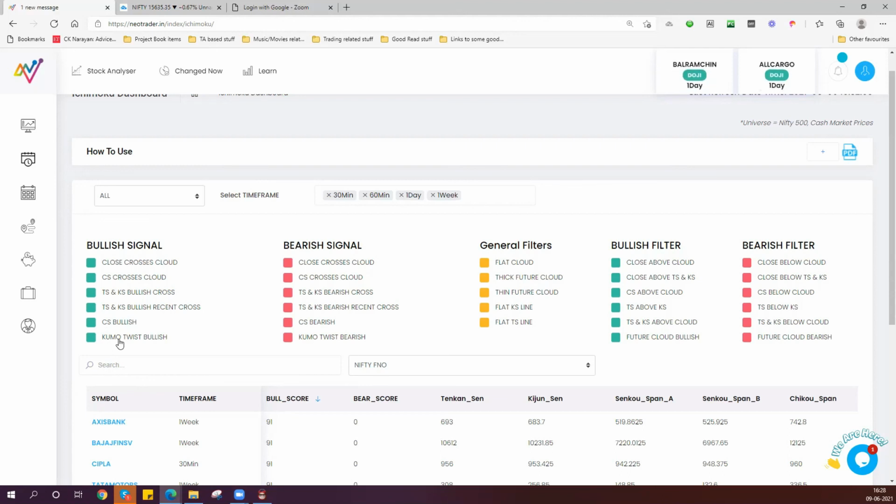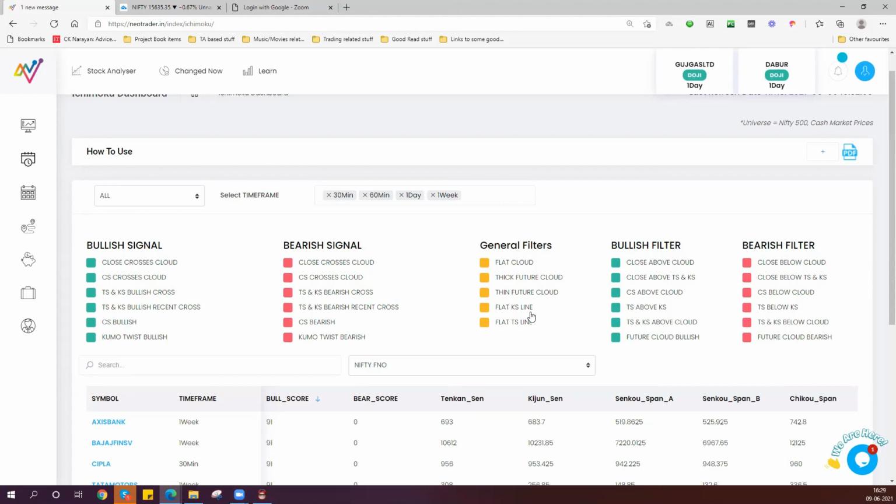Another Japanese word for the cloud is Kumo, and there is a situation called the Kumo twist. You can look at each of them as bullish or bearish, right? Then you can add filters with respect to the cloud, with respect to each other, etc. And then you have general filters talking about the thickness and thinness and the slopes of various lines. All these I will explain one by one.